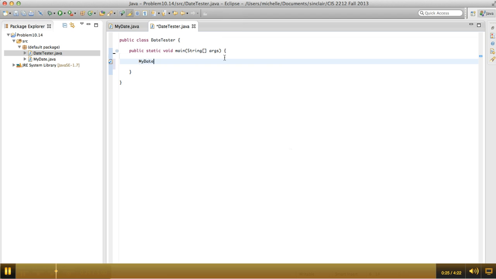So MyDate date1 equals new MyDate. The first one is just going to call the default constructor, the one that takes no arguments, and this should create a date that's equal to the current time that's in the computer. The second one